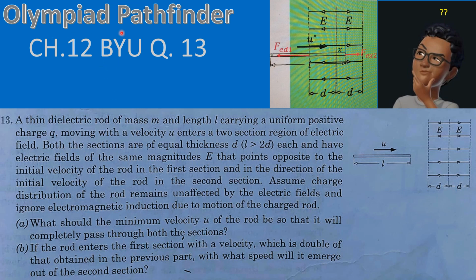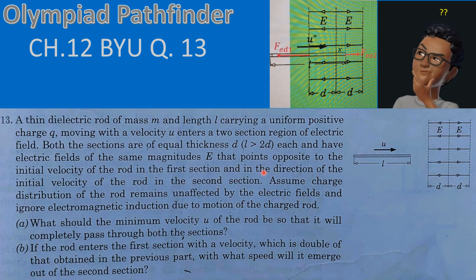This question is from Olympiad Pathfinder, Chapter 12, Build Your Understanding, question number 13. A thin dielectric rod of mass m and length L carrying a uniform positive charge Q, moving with a velocity u, enters a two-section region of electric field. Both the sections are of equal thickness d, where L is greater than 2d each, and have electric fields of the same magnitude E